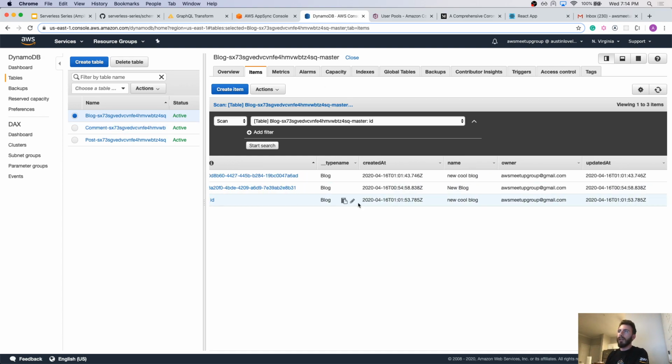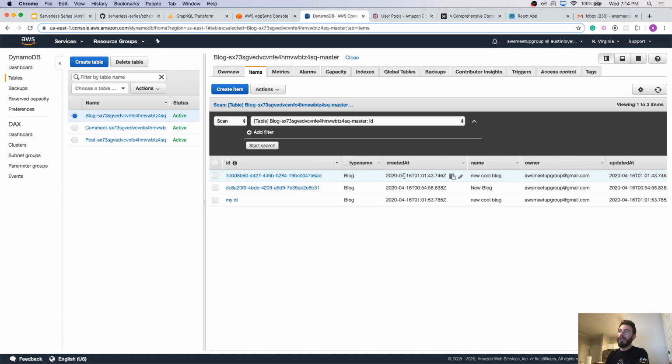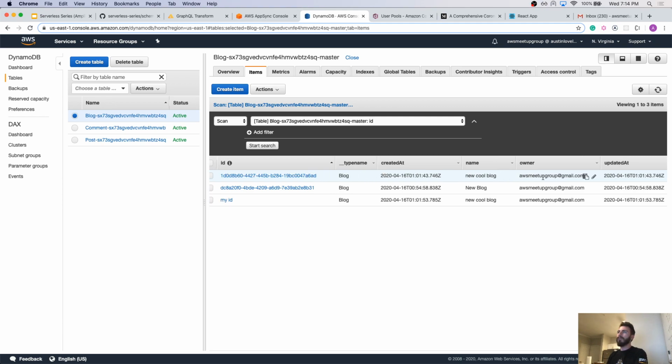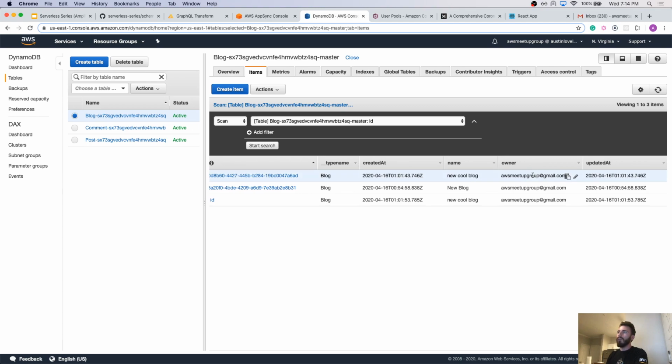You can see right here our ID and the type name are created with Amplify, created at is created with Amplify, updated at is created with Amplify. But the data that we created is the name and the ID. And then this owner field is the other thing that's created automatically behind the scenes, also through the Velocity templating language. It queries Cognito, and it returns whatever user is logged in at the time, and then it adds that user ID or the username or email,